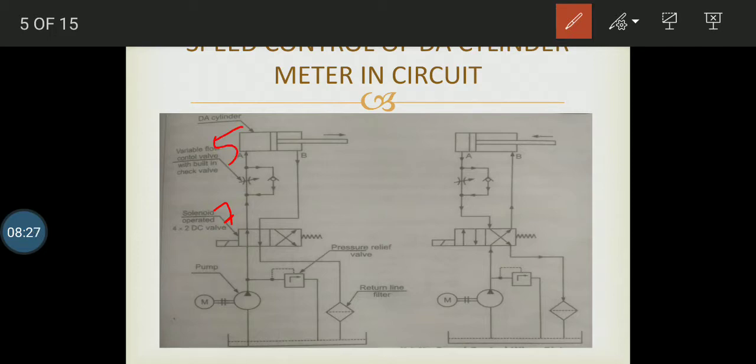I have 2 units of extra fluid, so I set the flow at 5. The extra fluid is returned from here into the main supply line, and the fluid with 5 units moves inside the cylinder.